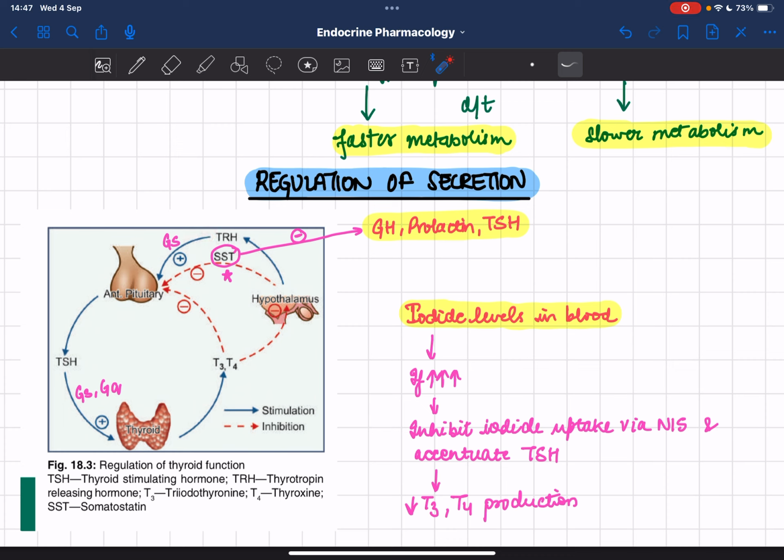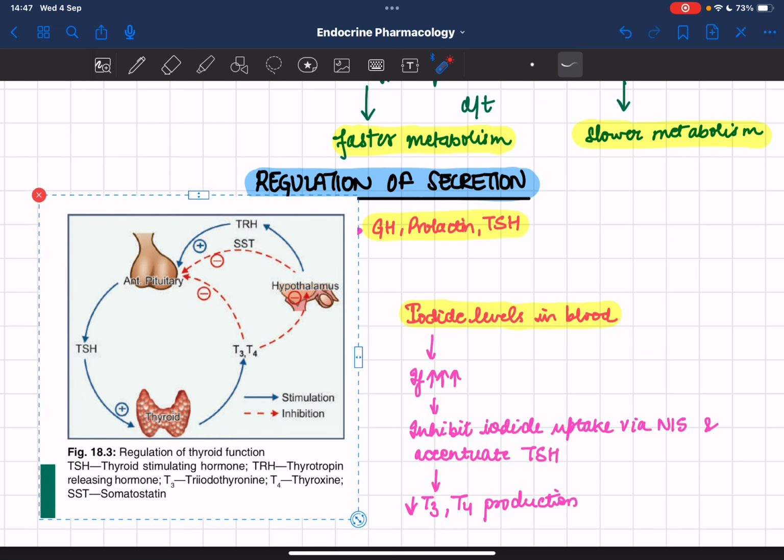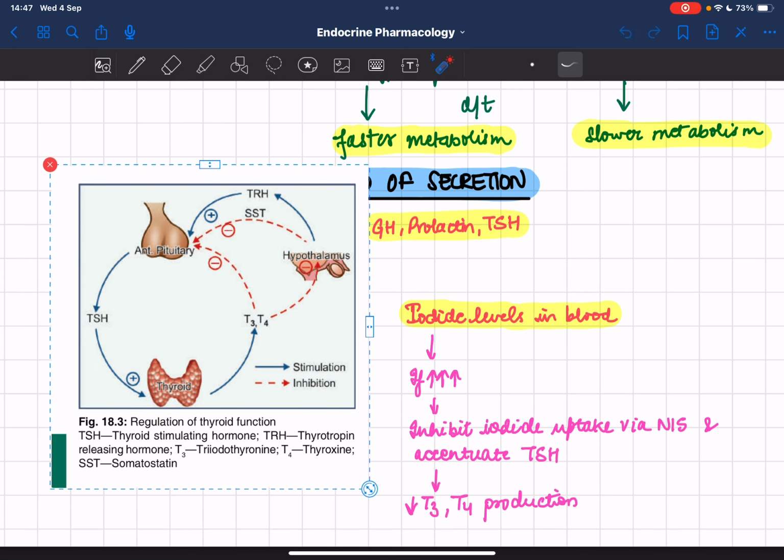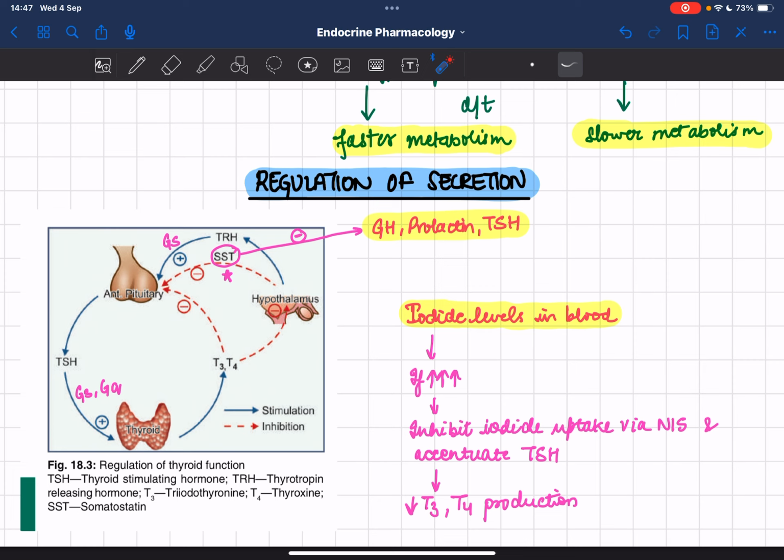ठीक है, वंस इट एक्ट्स ऑन एंटीरियर पिट्यूटरी, उससे टीएसएच सिक्रीट होगा। टीएसएच किस पे एक्ट करेगा, थायराइड पे, और उससे T3 एंड T4 सिक्रीट होगा। ठीक है, वो कैसे सिक्रीट होगा, वो सारी बात अभी तक हम कर चुके हैं। कि अगर TSH होगा तो आयोडीन का अपटेक होगा NIS से, अल्टीमेटली उसकी एंडोसाइटोसिस होगी, उसका सिक्रीशन होगा। ठीक है, वो सारी बात हमने करी।